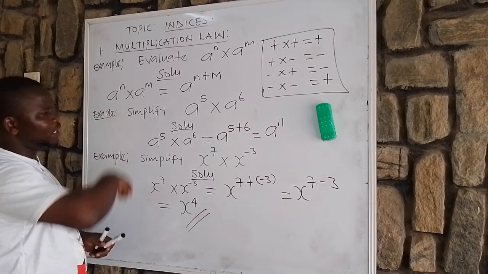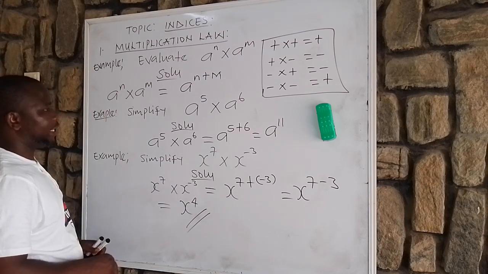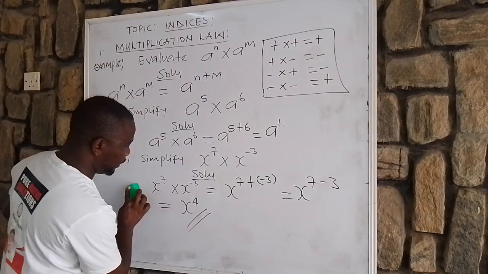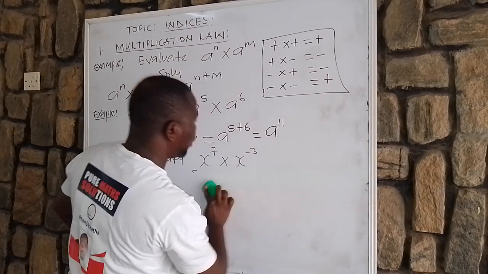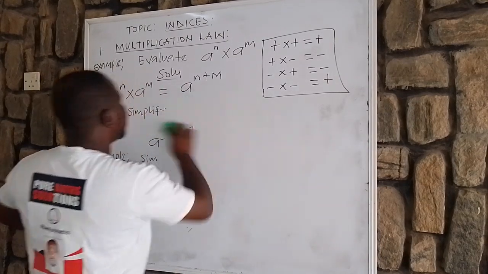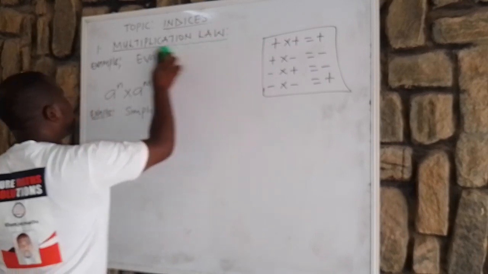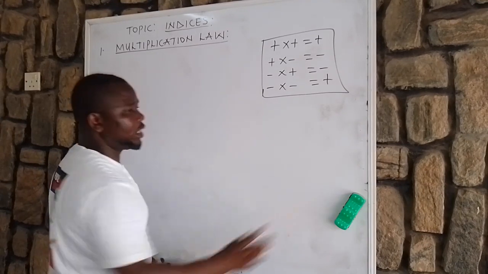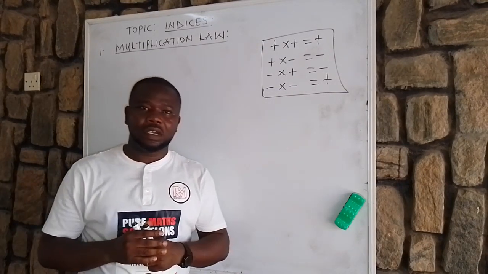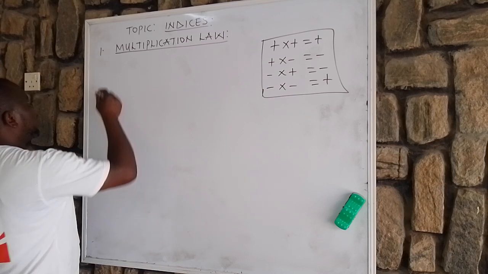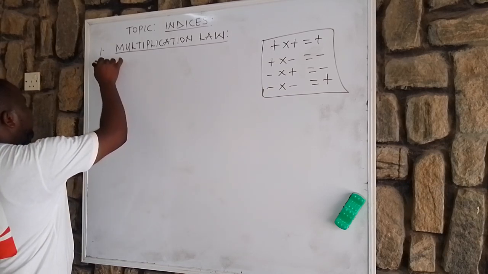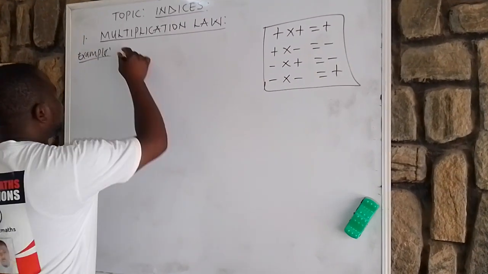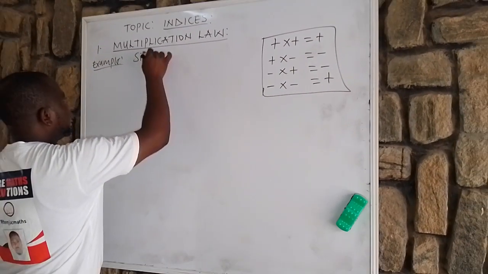Let me come up with another one. Can I clean this? Okay. So let me introduce two variables. Two variables, that is another example. Let's look at another example. I want to introduce two variables. That is: simplify